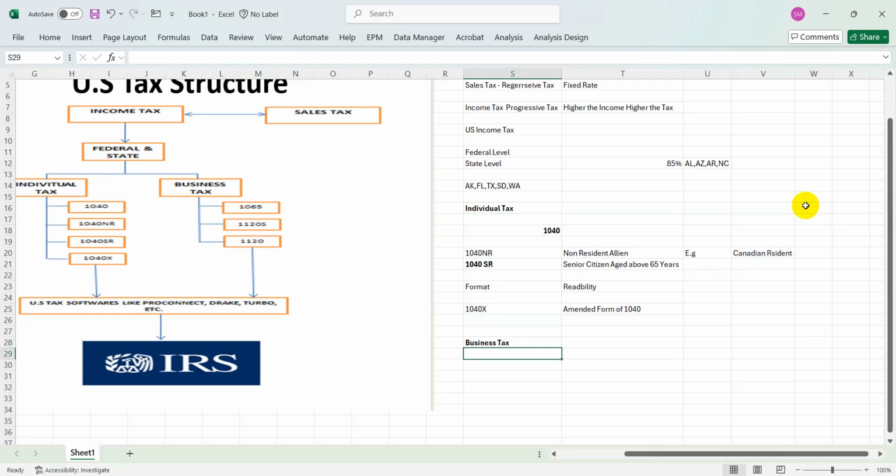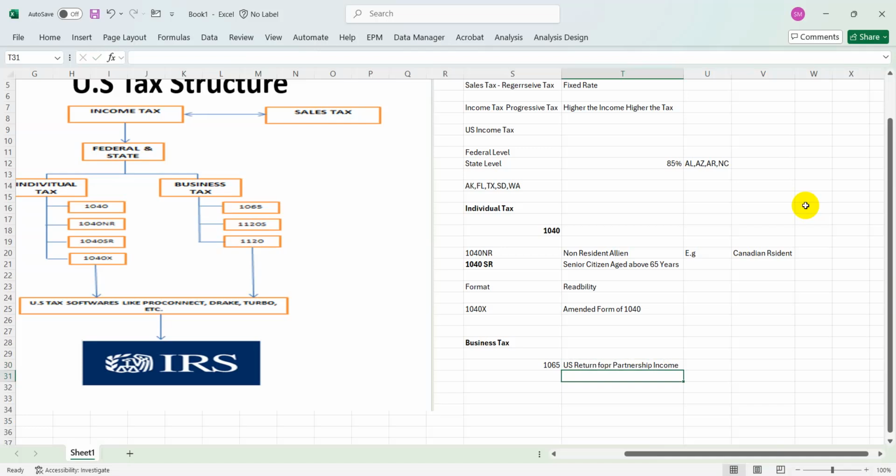Now the first form in the business tax is 1065. Again, you are not going to read this as ten sixty-five; this is Form 1065. It's a return for partnership income. So what does partnership income mean? It is used by the partners to report their income and expenses that occurred in a year on that